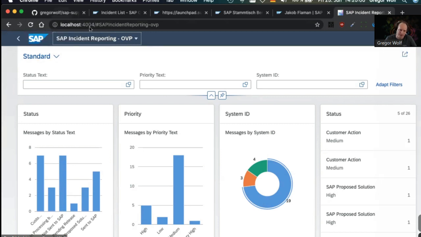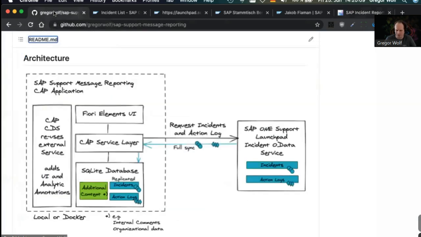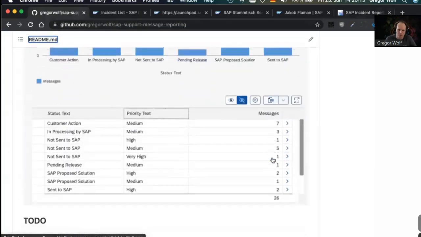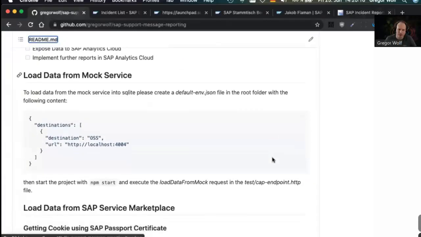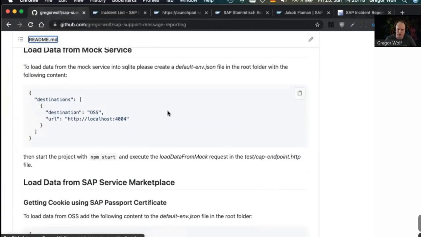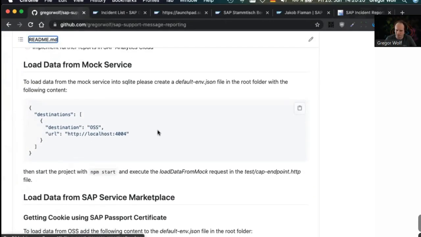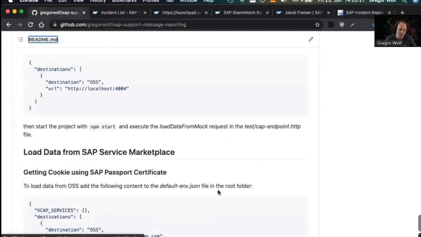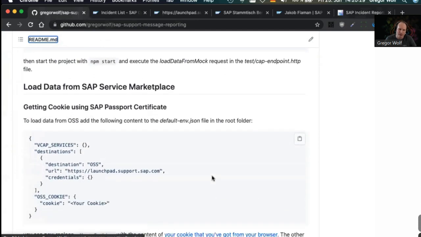The next step, to actually fill it with data from SAP, from the Service Marketplace, is a bit more cumbersome. So here we go with the current functionality, what you've seen, loading data from the mock service, really straightforward. Just configure that in your default JSON to get the connection mocked via localhost. And if you want to go to the next step,